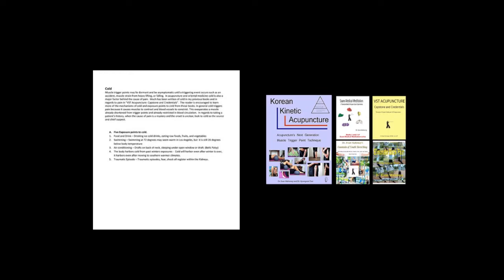In regards to a patient's history, when the cause of pain is a mystery and the onset is unclear, look to cold as the source and chief suspect behind the pain. And we highlight five exposure points to cold to our patients. Number one is food and drink: drinking ice cold drinks, eating raw fruits, foods, vegetables, energetically cold foods, smoothies, so forth. Swimming in cold water, air conditioning drafts on the back of the neck, sleeping under an open window, which can trigger Bell's palsy,